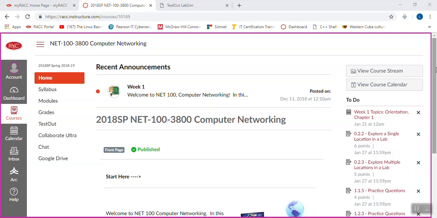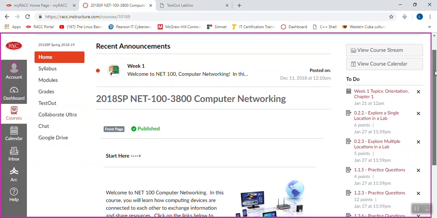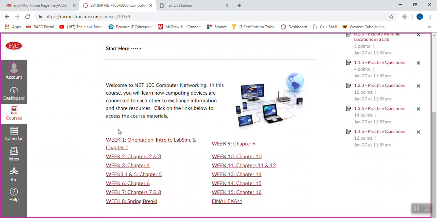When you log on, you'll see the course homepage, and the links to what we're going to be covering are down below. So you can see the course is organized by week. Most weeks we'll be doing one chapter, some weeks we'll be doing two shorter chapters, some weeks we'll be taking one longer chapter and spreading it out over 2 weeks. So you want to be sure that you look at this and don't go on the one week autopilot kind of thing. You're going to start with the orientation,